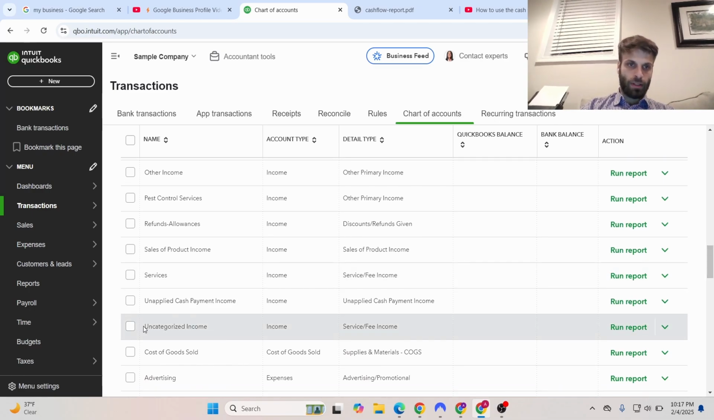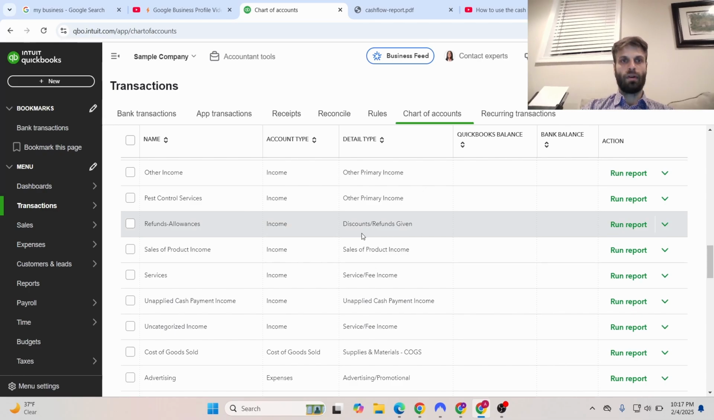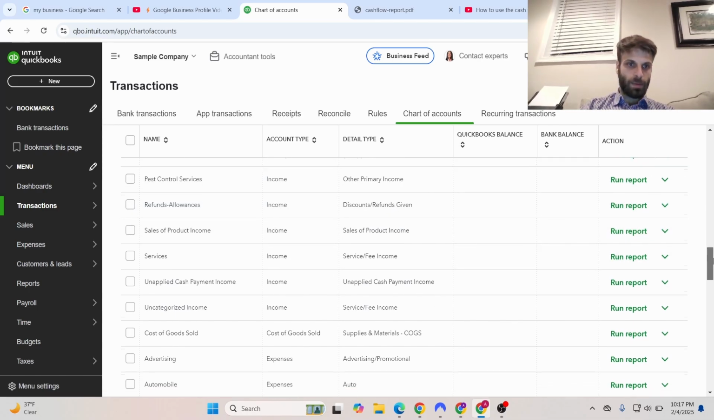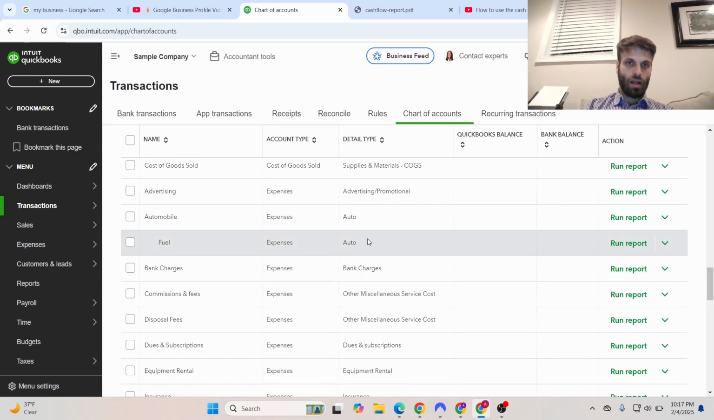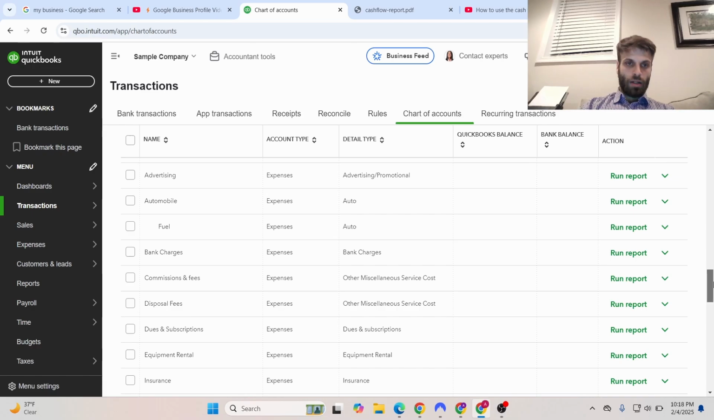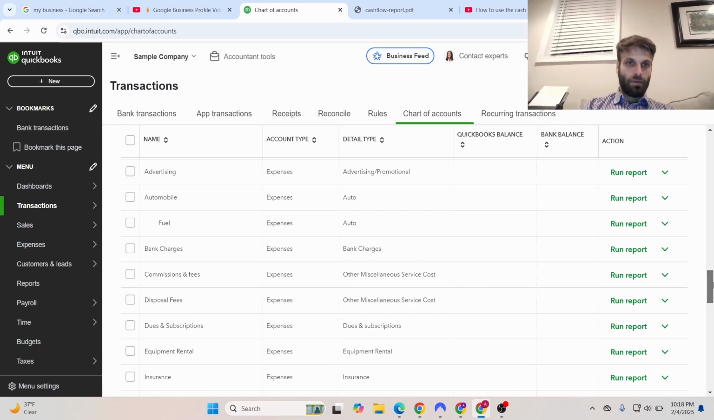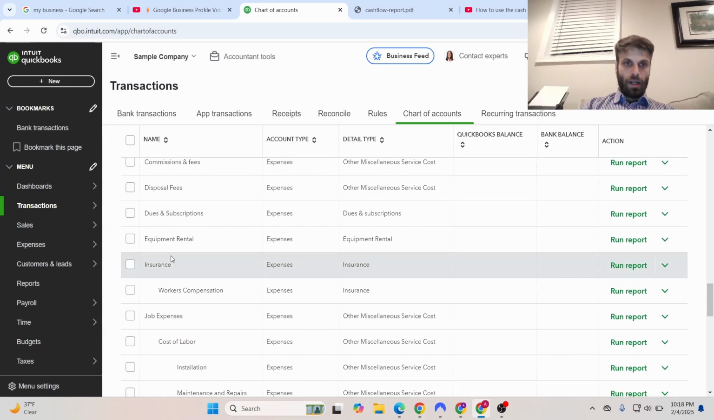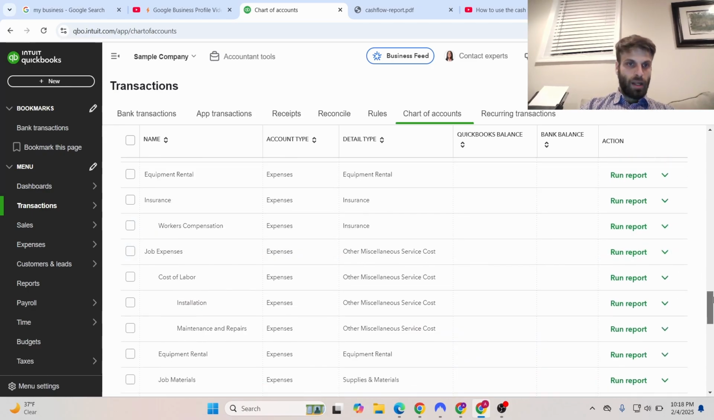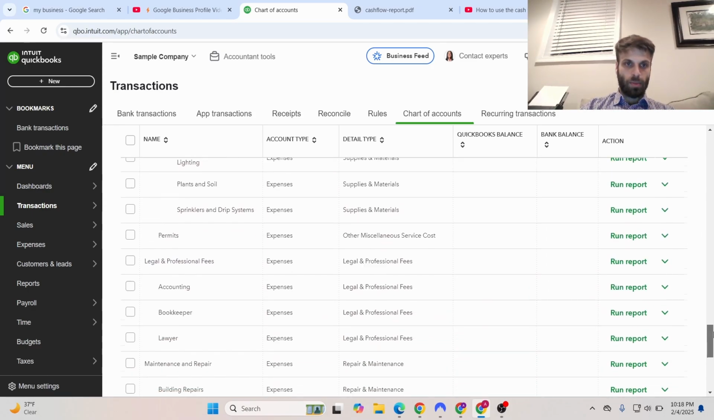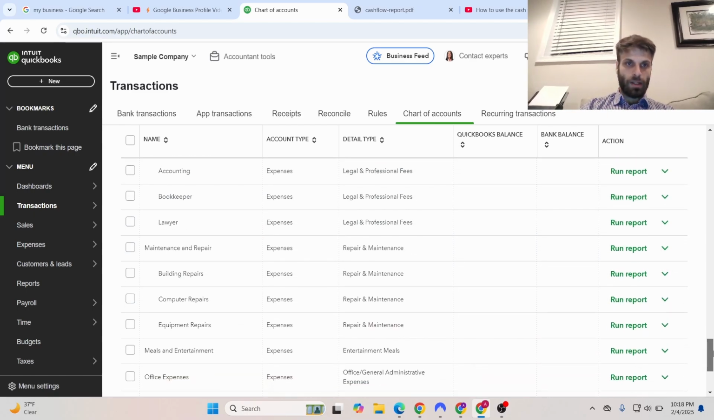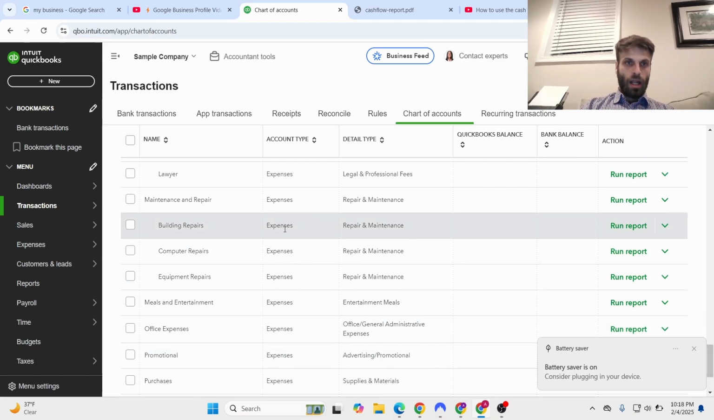Uncategorized income, we want to try to categorize all of our income as best we can. Pest control services, other expenses, advertising, automobile, that's a good one to keep track of your costs for that, for travel and whatnot, because that is tax deductible. Yeah, insurance, another expense, some more expenses, permits, legal and professional fees, more expenses, and